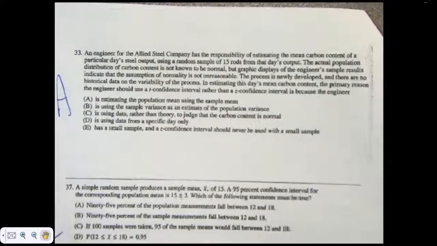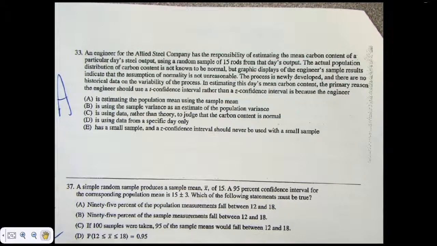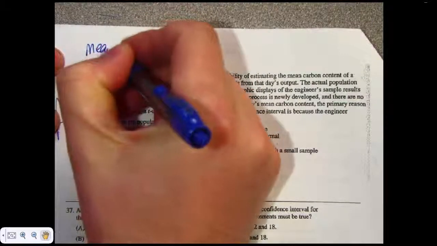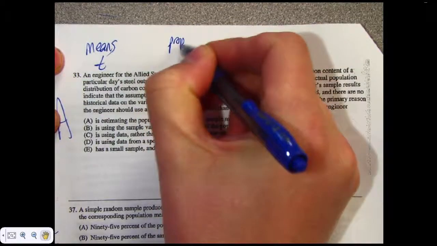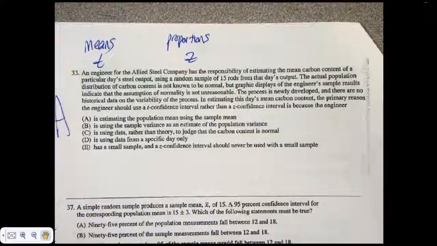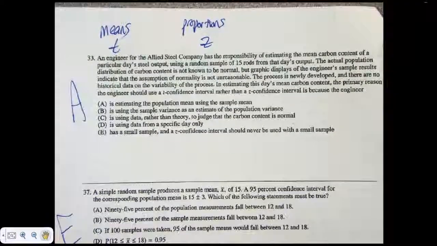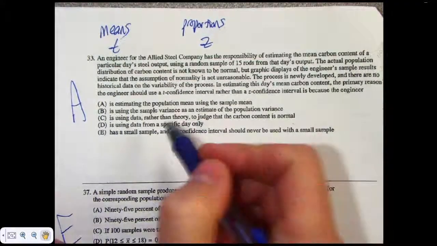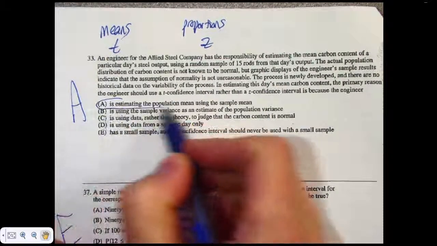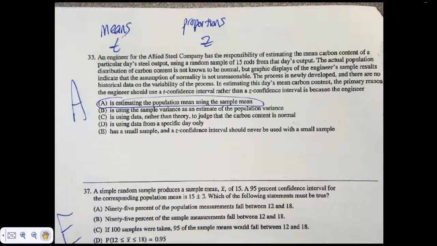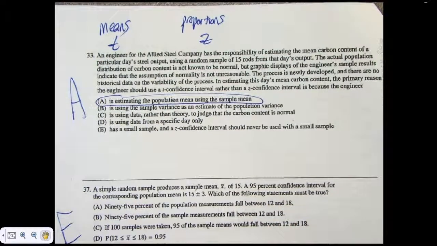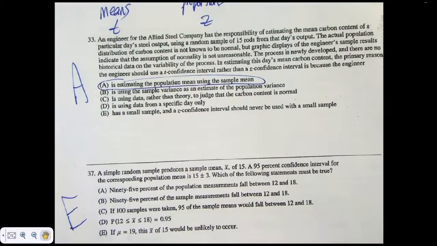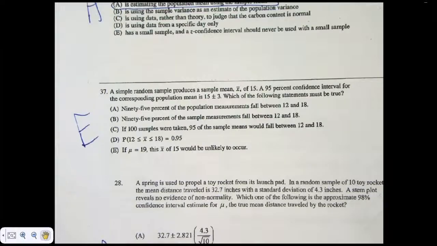All right, 35. We haven't gotten... This was a tough one. Or 33. This is tough because we haven't done Z's yet. But when you're choosing between T and Z, what matters is if you're in means or proportions. So means, you're going to use T. Proportions, you're going to use Z. That's what this question is getting at, but you don't even know proportions. Yes, this is a tougher one, but it should be A. We're using T basically because we are working with means. We're trying to estimate the population. You didn't have anything to compare that to really, so that's a tougher one.